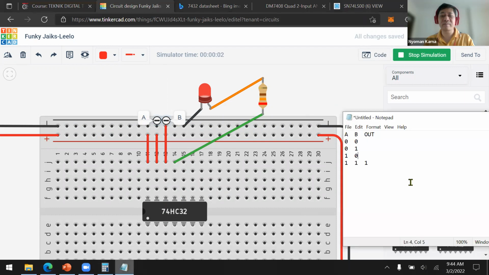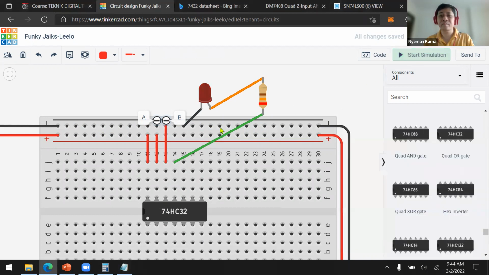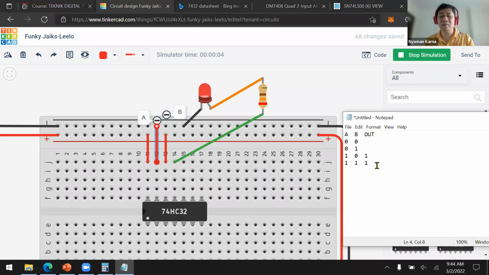Still on. Now this one is 1, but B is 0. Okay, I got it wrong, but still the same. A is 0, B is 1. The output is 1.